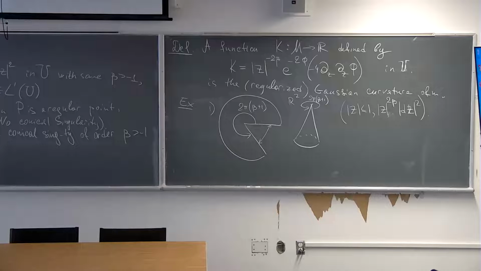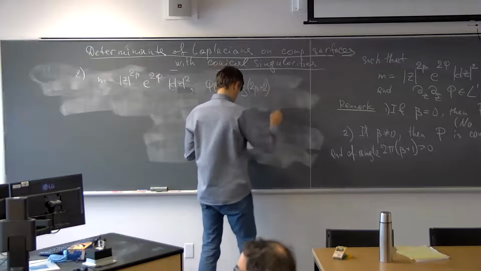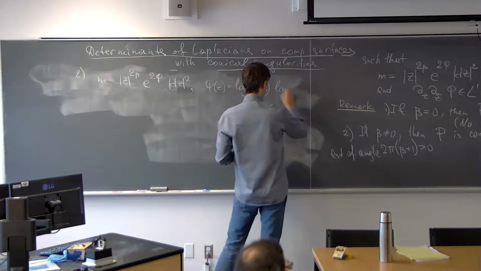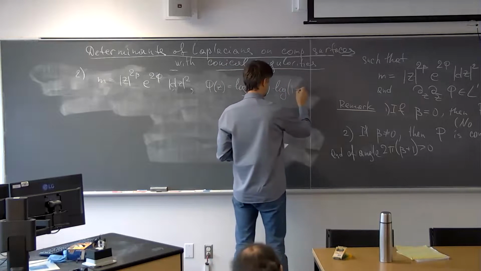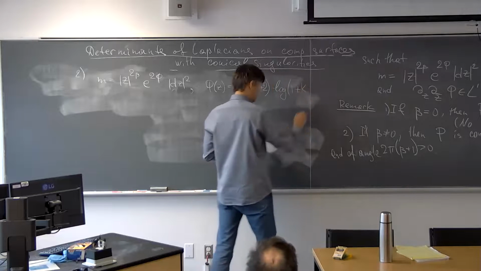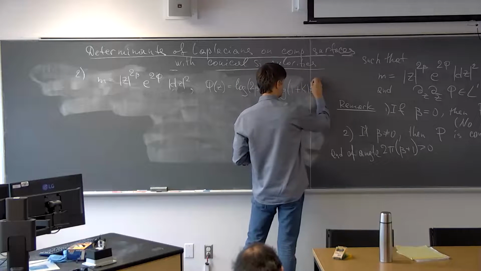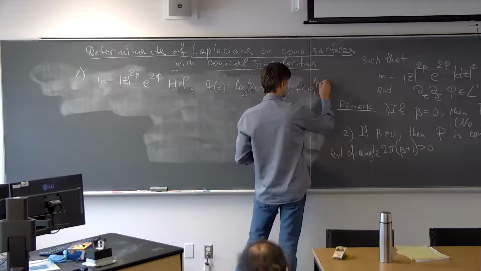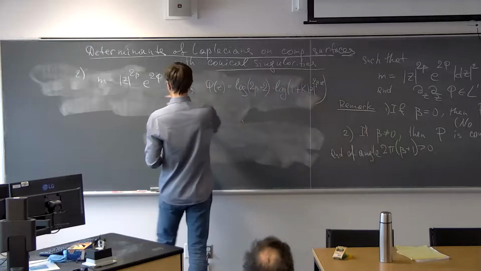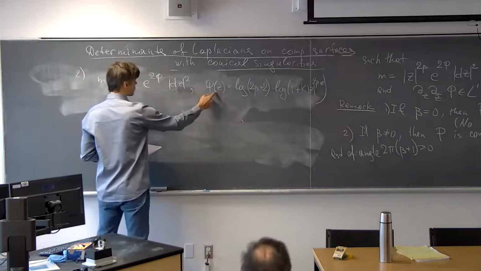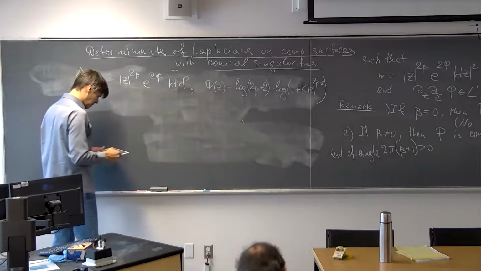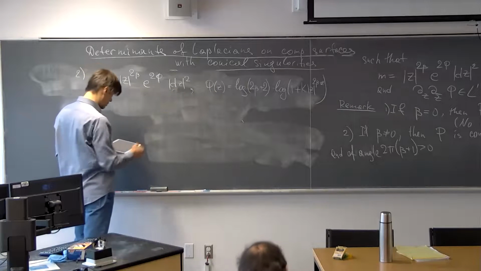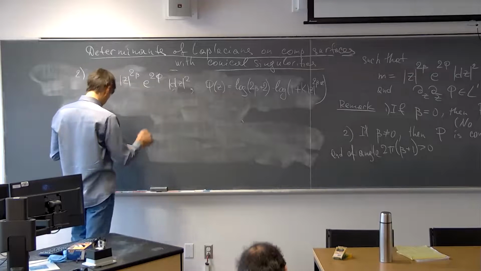So it's log of 2 beta plus 2 minus log 1 plus k, and then absolute value of z to the power 2 beta plus 2. So if you take this metric potential and define the metric like this, of course beta is greater than -1 as before, then